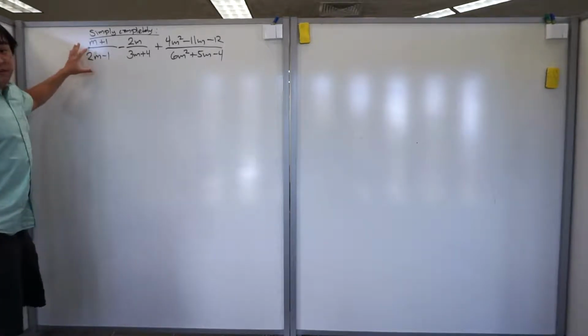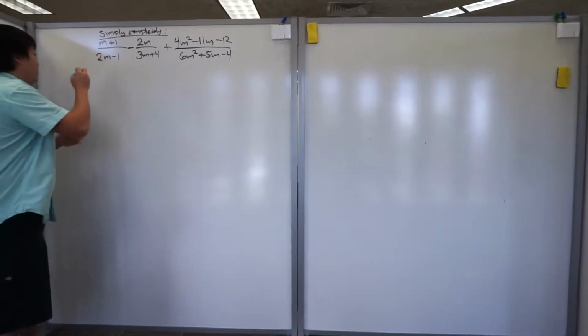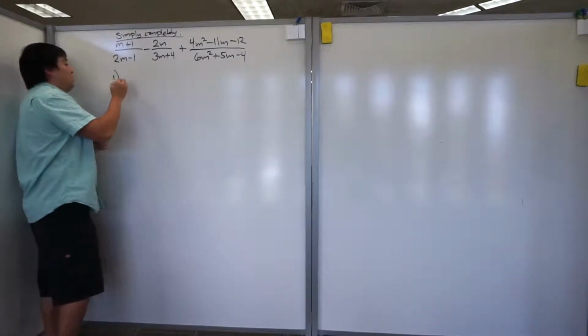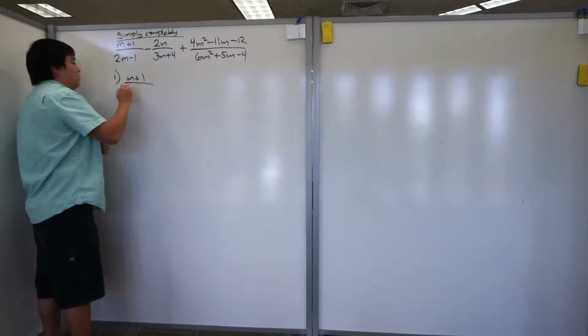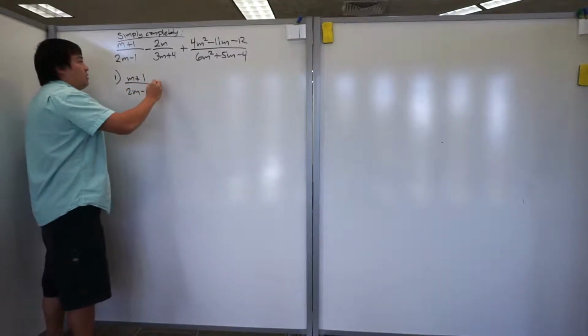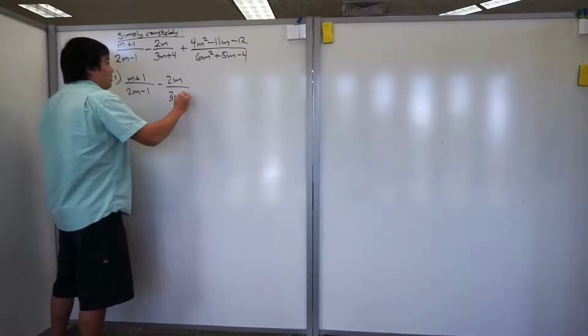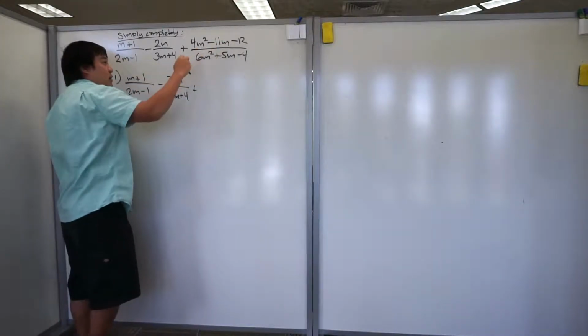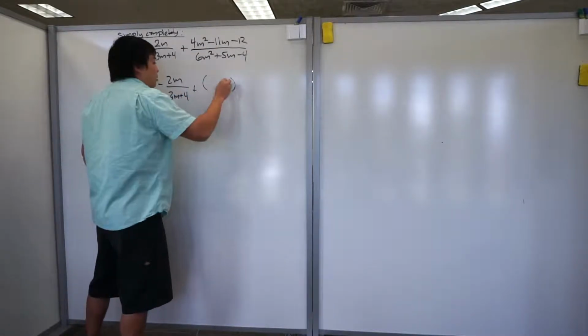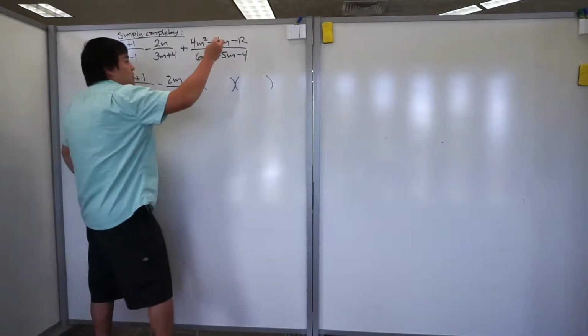So factor, right? Step one is factor. So the first one is done. The second one is done. But the third one can be factored, right? The numerator can be written. So let's go ahead and do